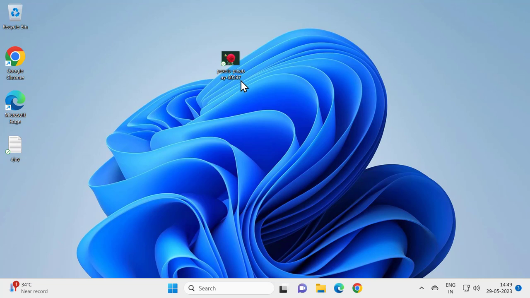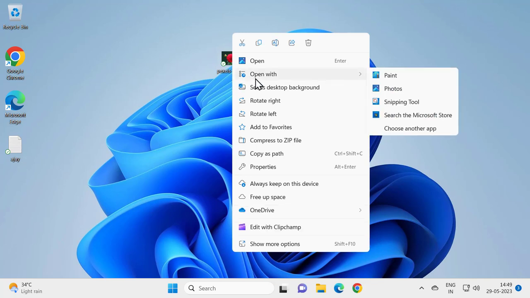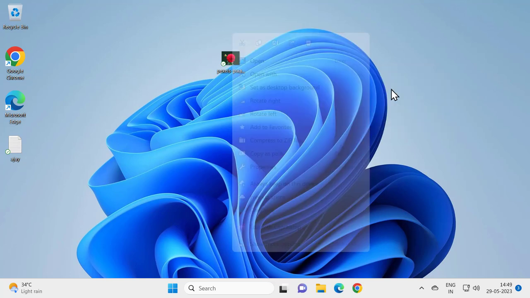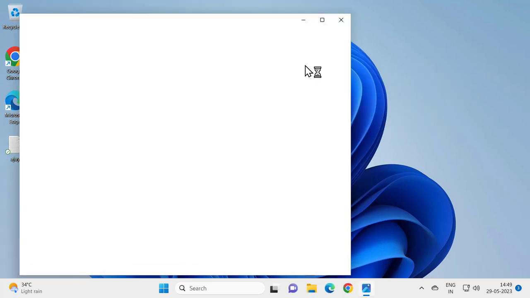You just want to right click the photo, whatever you want to change to a PDF file, right click on it and open with Photos, the default Windows application. You just want to open it in Photos